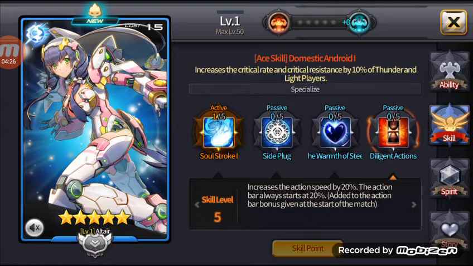So let's move on to the third passive. I'm not going to talk a lot about this because we have some strikers to explain about, and we have some other little stuff I want to give in the end, some tips for you guys so you can go on with the game and enjoy it better and better and don't feel like you're getting left out behind the people. So it increases the action speed by 20% and the action bar always starts at 20% added to the action bar bonus given at the start of the